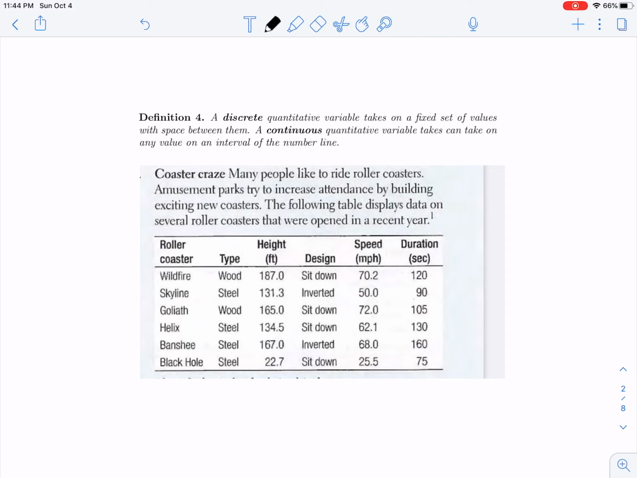Next, we talk about different types of quantitative data or quantitative variables. Discrete quantitative variables has holes in it. It's just a fixed set of values with space between them. One example of discrete quantitative variables in this chart down here would be the seconds